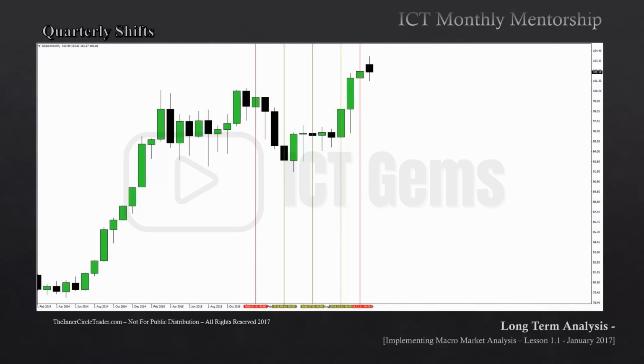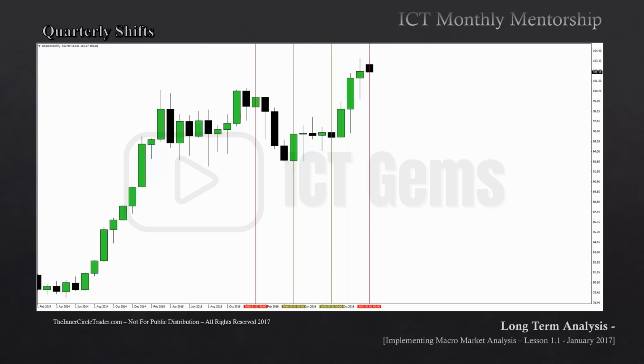Okay, what we're looking at here is the dollar index on a monthly chart. What I did was outline a full year, January to January. I want you to take a look at the price swings in between all of these reference points vertically. As you can see, there's a couple of different market shifts that take place, and this is what it looks like